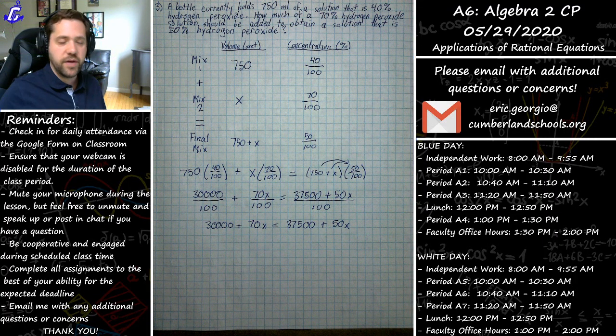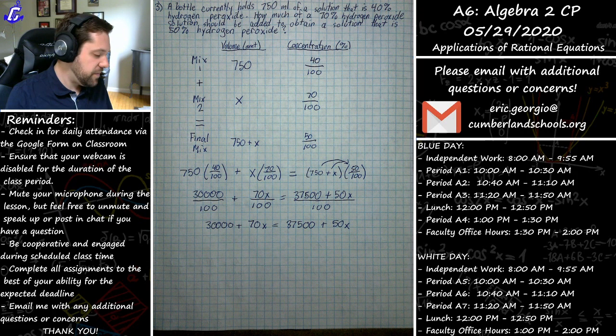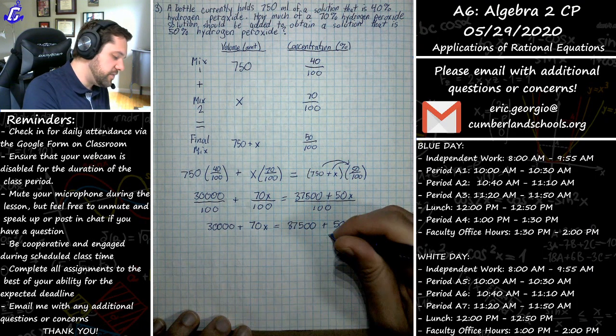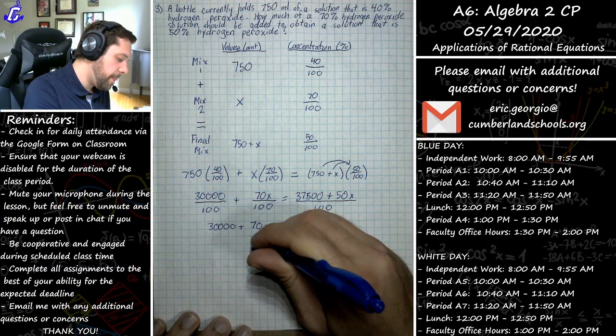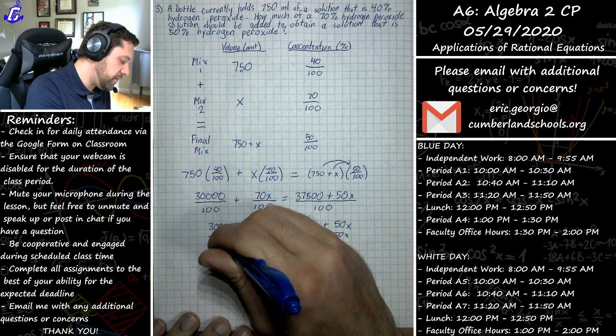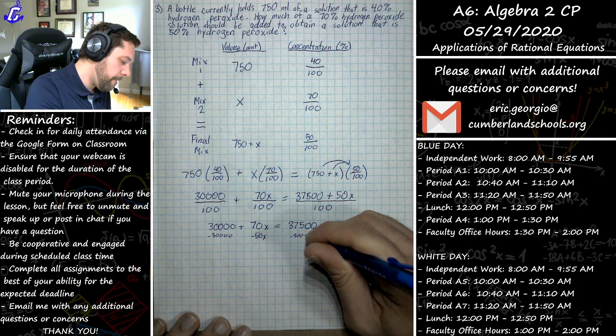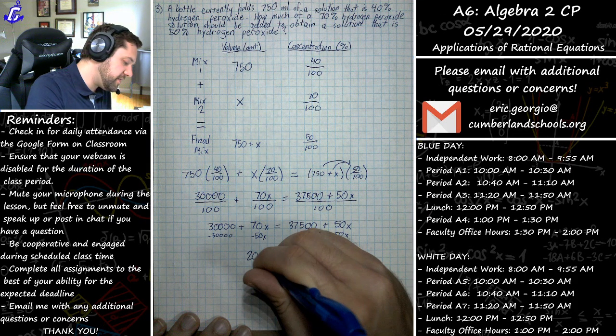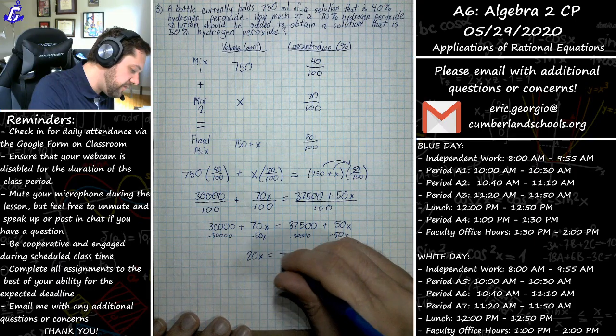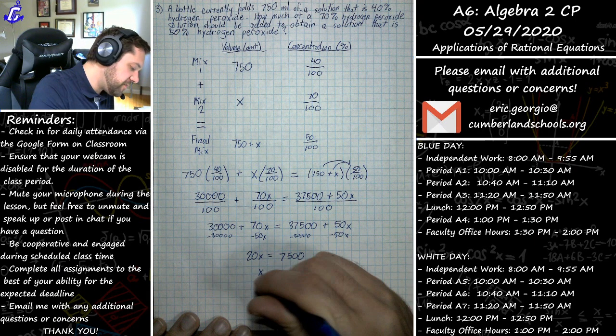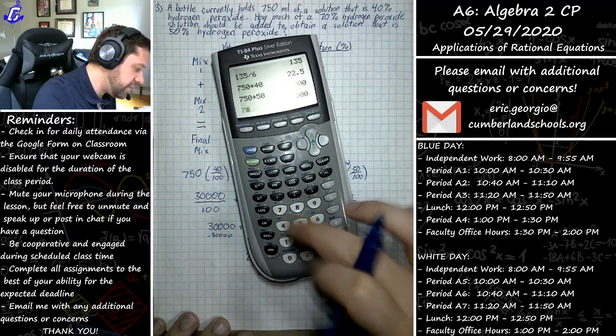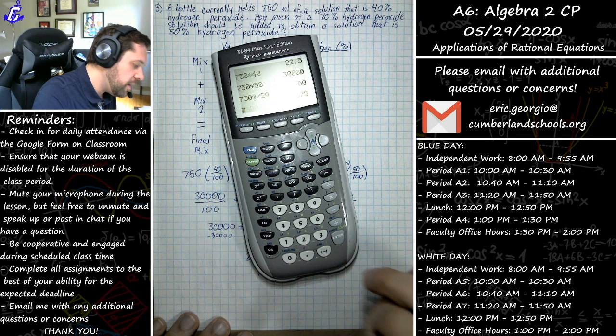I'm going to get all the variables on one side, all the constants on the other side. Does anybody have a question before I finish up this problem? All right, let's do it. So I'm going to subtract 50x from both sides. I'm going to also subtract 30,000 from both sides. That gives me 20x is equal to, let's see, 7,500. Divide both sides by 20, and I'm going to get 7,500 divided by 20, 375